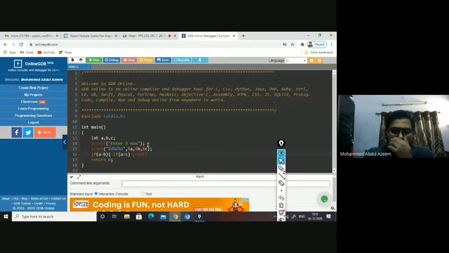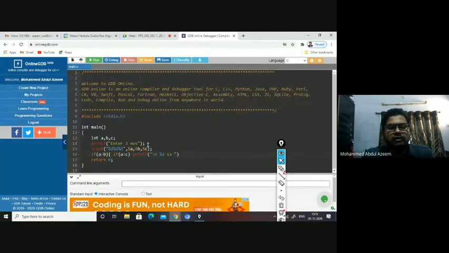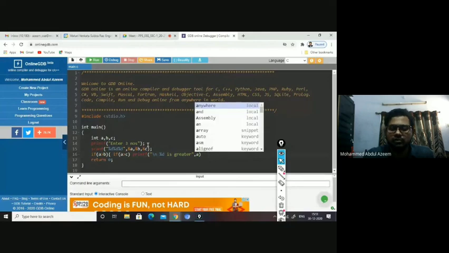Who is greater here? A is greater, right? So backslash n, percentage d is greater. Which one is greater? A. So I have to print A here, right?